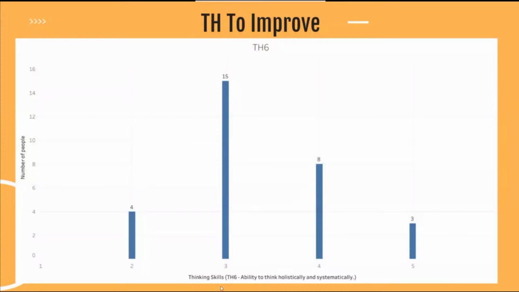The third skill is the thinking skill, which is the ability to think holistically and systematically. Sign language is actually like other languages. There is some logic behind it. By giving the workshop, they can think about the rules or the logic in building the sign language. So this is also a skill we want to improve. Same as the previous one, there's still some space to increase this skill. So that's all for the introduction. I will pass to the next member.